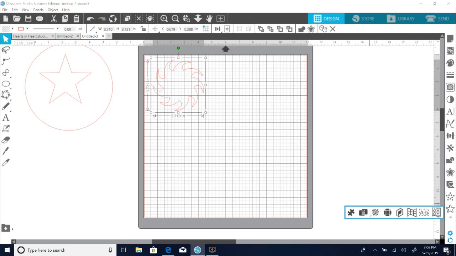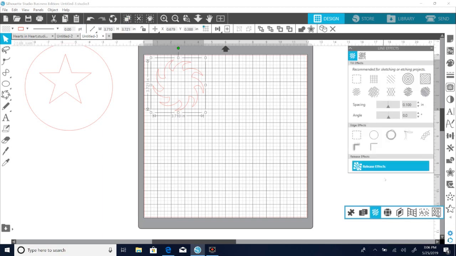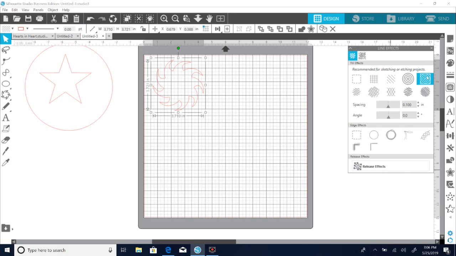Now the sketch panel, based on the version that you have of Silhouette Studio, might be where mine is. It might be by itself on the side. It might be up along here, or you can get it through panels. I'm going to use this way, and now once I'm in the sketch panel, I'm going to go to this one right here, this swirl. Now getting that swirl,